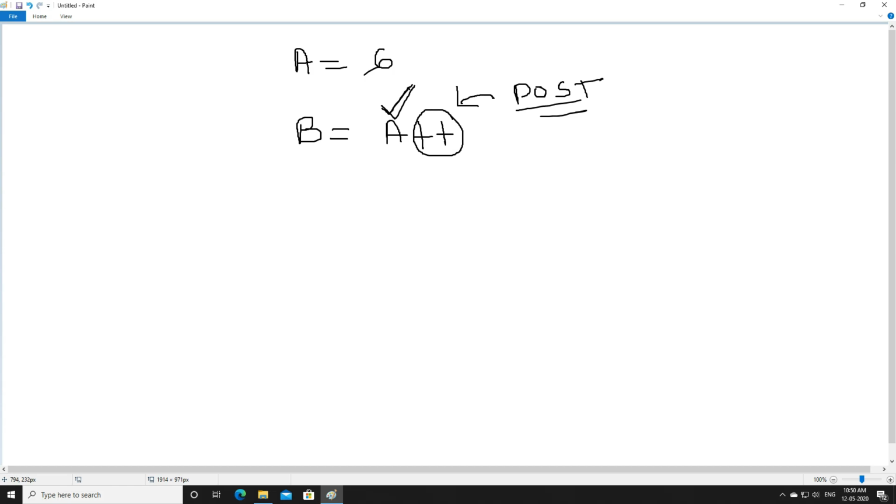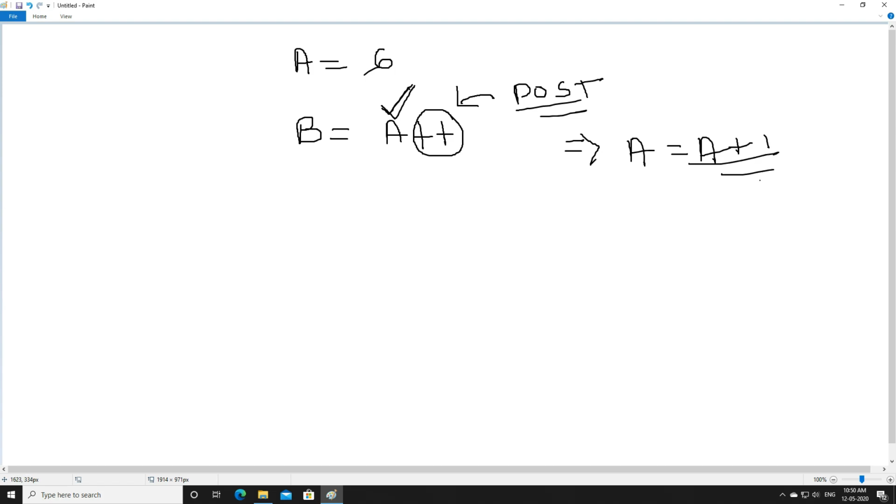Now b = a++ is written. Now when we write b = a++, the value of a will get increased, no doubt. But here our value will also get stored to b, isn't it? Because we have written a++ and we know that a++ means a = a + 1, right?